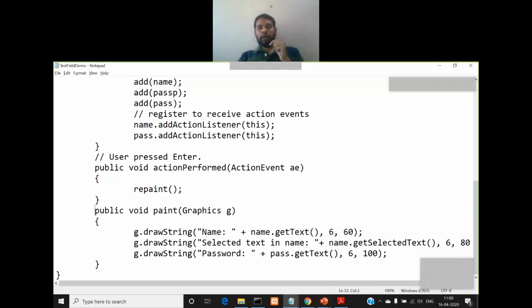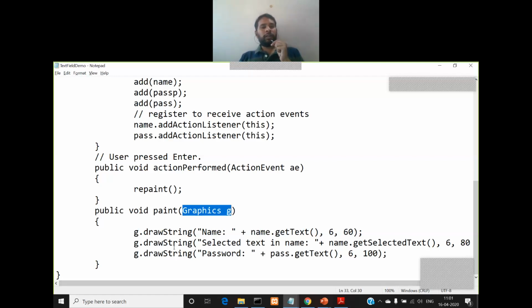I'm using the drawString method. So you know Graphics is a class defined in the AWT package, which has some predefined methods for drawing various components on your screen. We'll not be using most of the other methods, because we are not going to draw any diagrams here. We are going to draw a string. So to draw a string, you have a method called drawString.